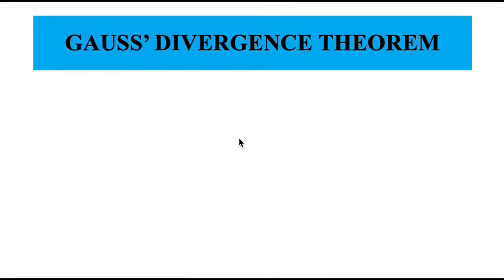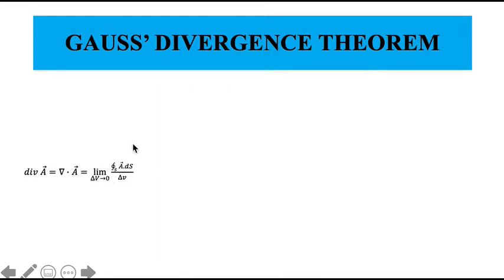Everyone. In today's lecture, we are going to study integral of vectors, vector integral. The first theorem which we are going to do is the Gauss divergence theorem. From the definition of divergence of A, we have seen that divergence of A is the surface integral divided by delta V, where the limit of volume is approaching 0.